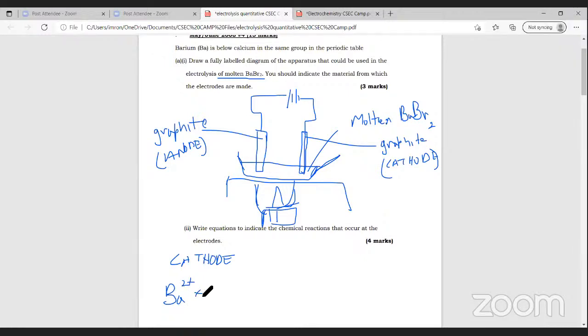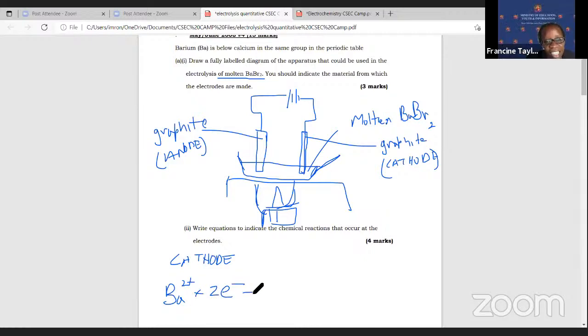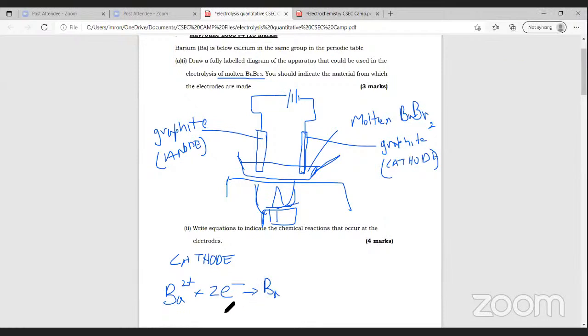All right. Some people are joining the meeting late. Yes. So graphite, because graphite is an inert electrode. All right, it can withstand lots of heat. Yes. So Ba2+ plus 2e gives you barium, because your cation Ba2+ would go to the cathode,